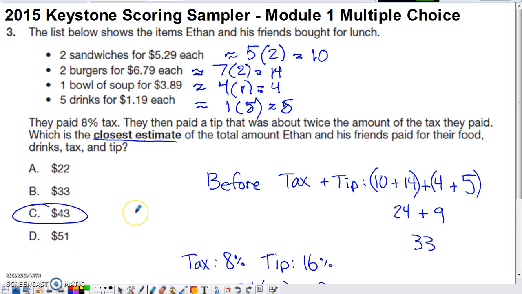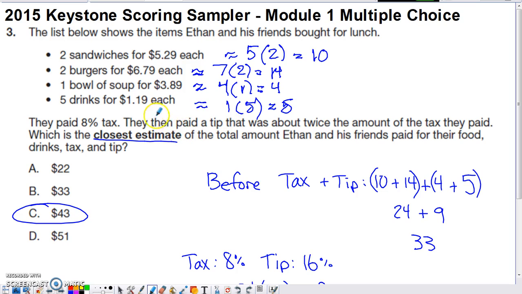In number 3, it's one of these estimation questions, so they provide us with quite a bit of info. Ethan and his friends bought some stuff for lunch, and they bought 2 sandwiches, here's the price of each, 2 burgers, price of each, a bowl of soup, there's the price, and 5 drinks, there's the price. Now, it does say the amount of tax that they paid was 8%, and then they paid a tip that was about twice the amount of tax that they paid. So we want to estimate the number of dollars that they forked over for lunch, including tax and tip,